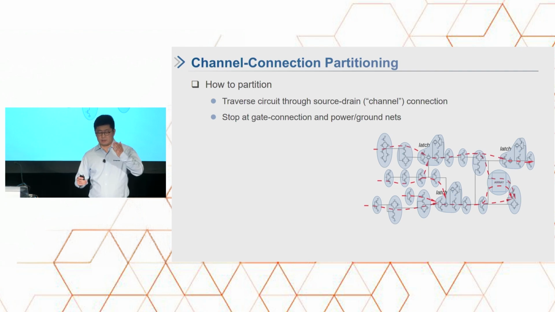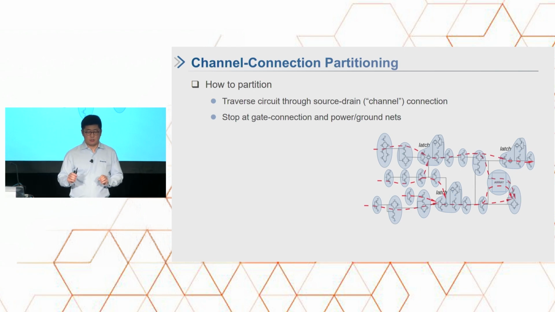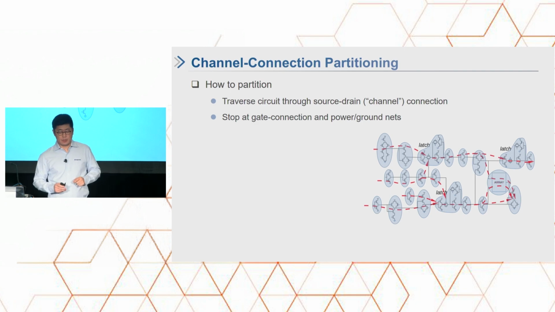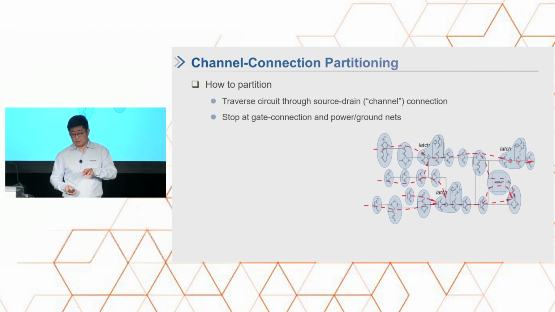So we stop at power and ground nets. Basically we get the full channel, all the devices connected to the channel. And then this will be a partition. The partition includes only transistors, so RCs are already abstracted away. So only certain transistors are partitioned into one channel connected region. And this way we get this